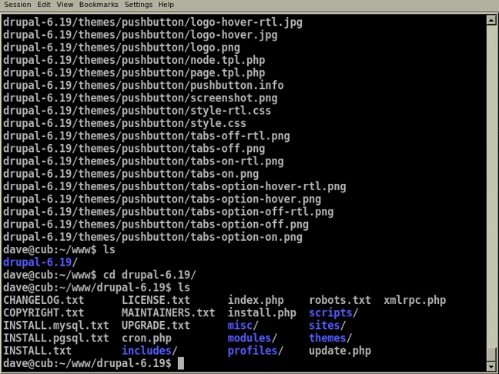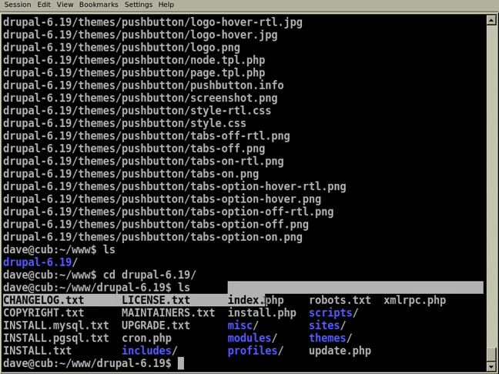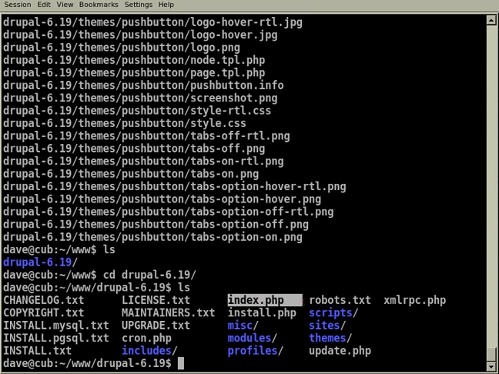And you can see that this directory actually contains an index.php file. So in other words, I could point my web server at this directory and Drupal would be running, because the web server usually looks for index.html or index.php and actually